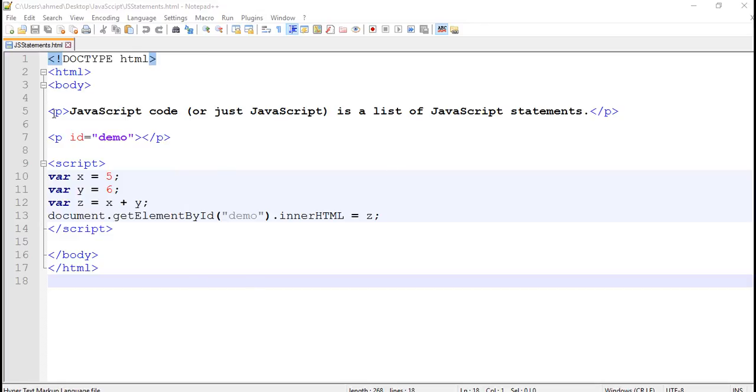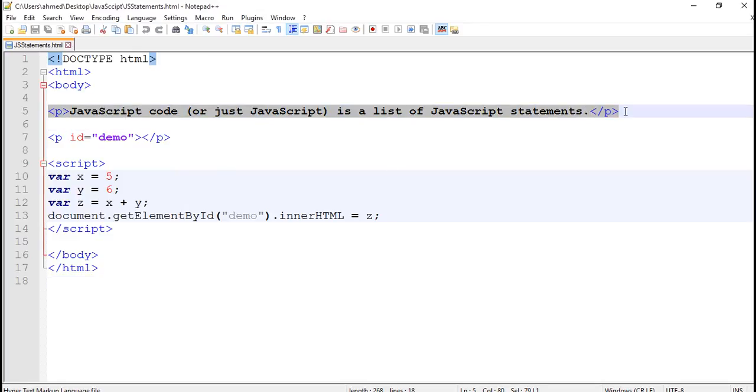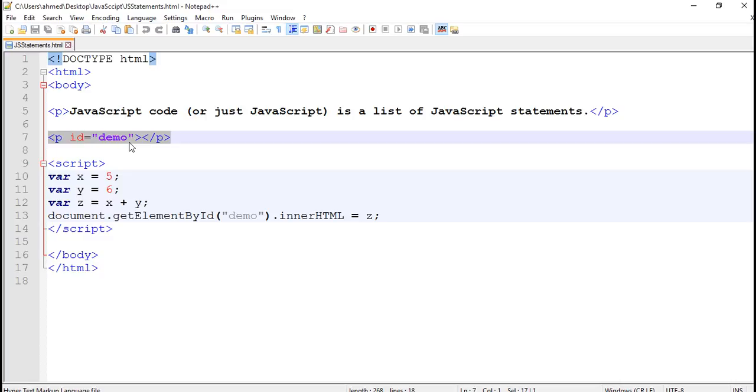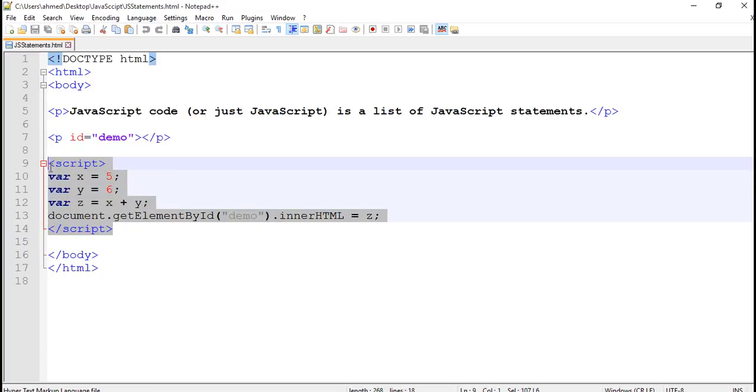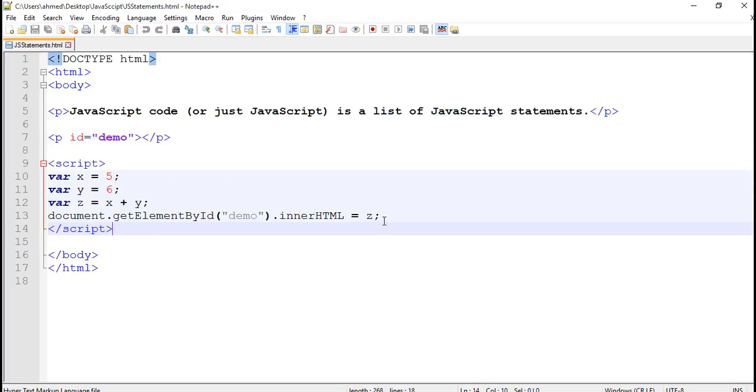So first thing I want to explain, I added a paragraph which is actually the introduction of this tutorial, and another paragraph with ID demo, and the main thing, the script code of JavaScript. So let's consider this code.